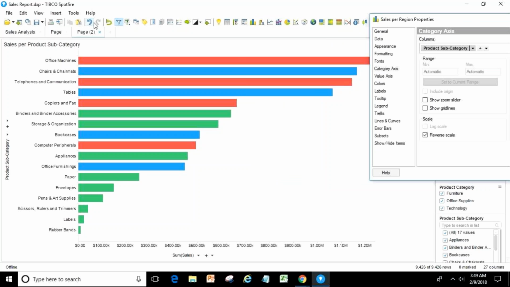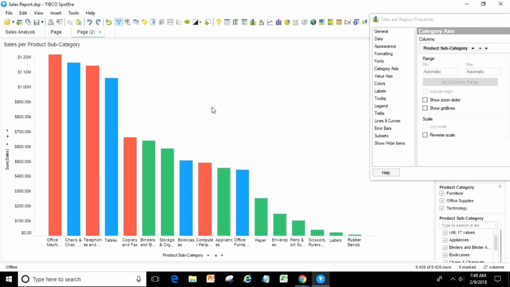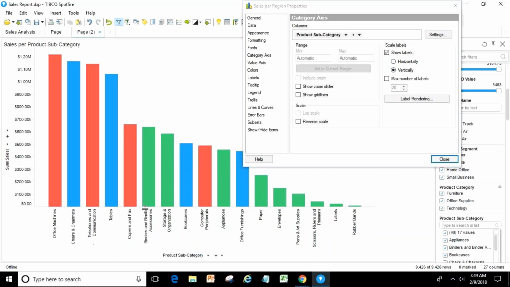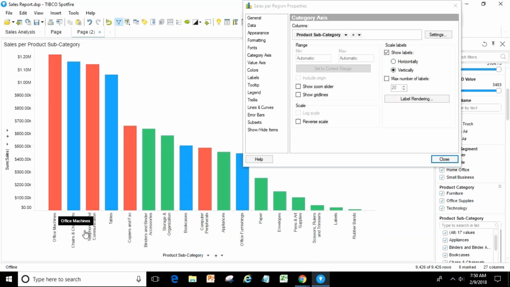But still if you want to go with that one only, what you should do, here you have the labels, so make it vertical like this. Now you can get the full names. Earlier it was also coming, but it was compressing. Now it will be looking good, readable. So your labels, how you want to show, horizontally or vertically, how many labels you want to show, you can define that.